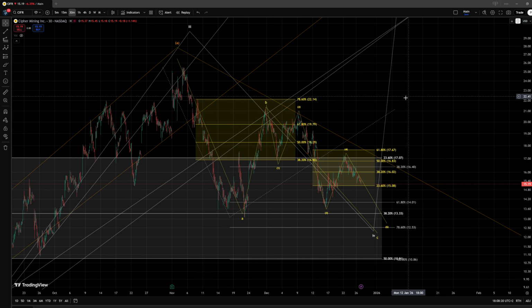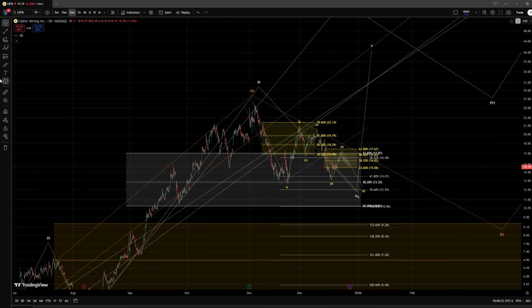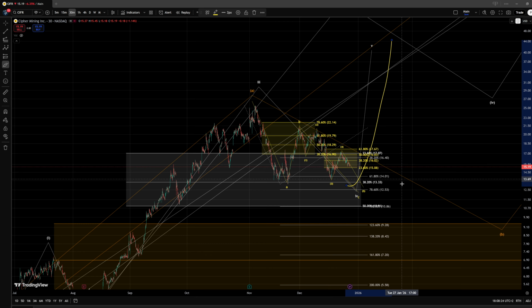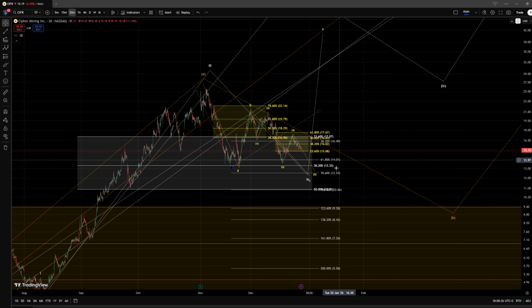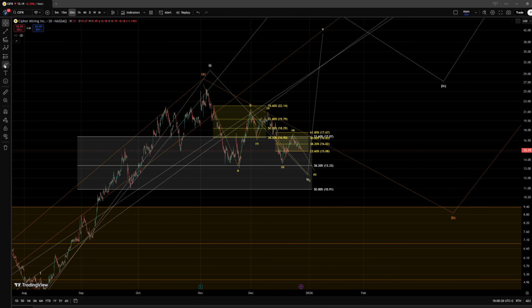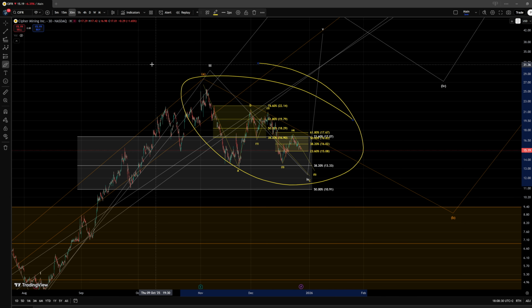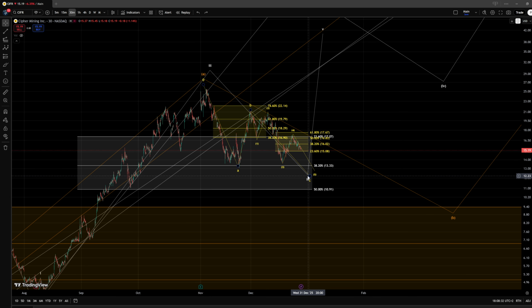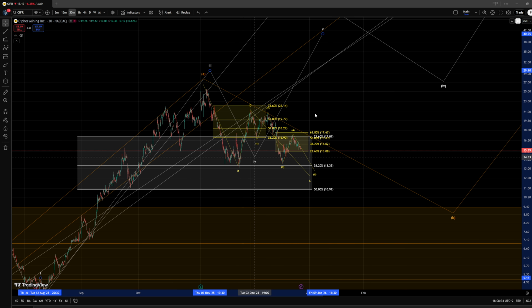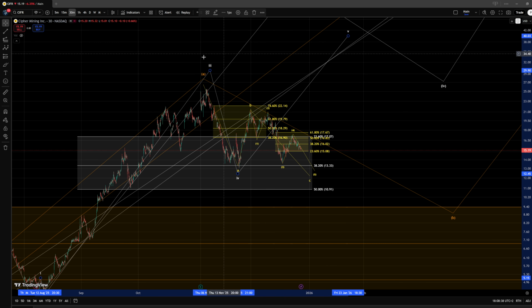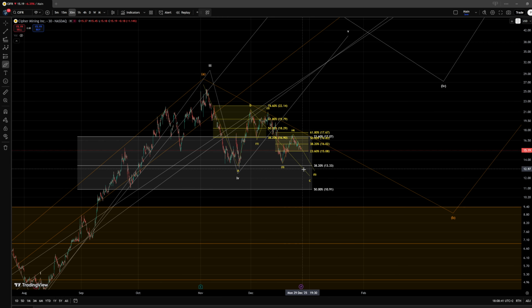I do still prefer overall the white interpretation that would allow here to form a 5th wave, but I would also prefer internally within this structure, this internal correction, the yellow scenario over having a bottom already in place. Yeah, could still form a triangle, could still form a direct 5th wave from this area, but I prefer the yellow scenario. And for now, these are the levels. This is the trade setup.